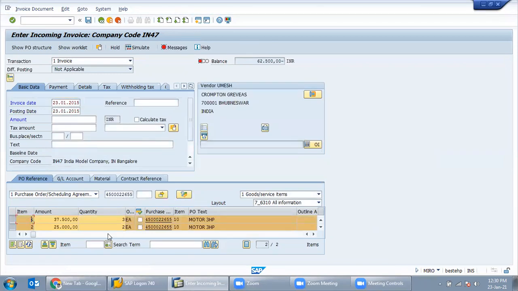2 line items. Sir, will each and every step be done once only, or once one process is completed, then we will be updating like that? For example, material requisition, purchase order. Every time, purchase requisition, purchase order. It takes some time for every process to happen. So will it be done after every process is done, or is it all at once? Once it is done, so we'll be filling all the details here.